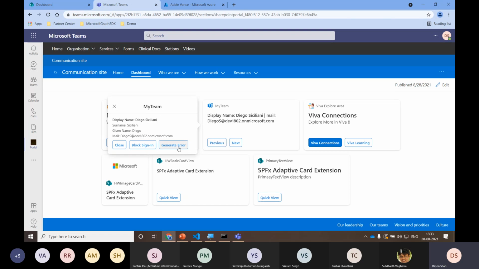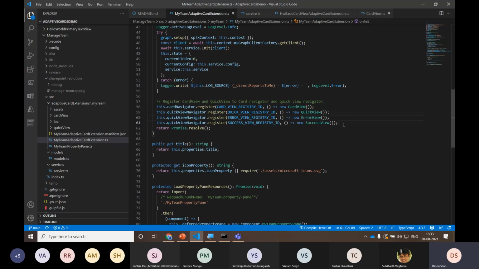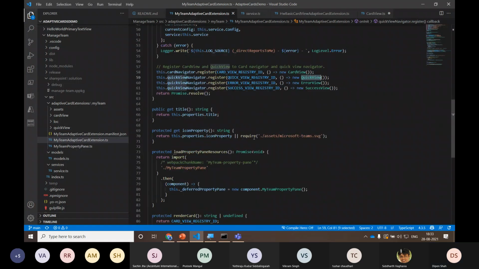So when I click on generate error, it gives me an error something like: error occurred while blocking user, authorization request denied. But when I click on block sign in, then the message is different. So on the fly I'm changing the quick view on a particular action. To achieve this functionality, I created two quick views, error view and success view, and one card view and one quick view.